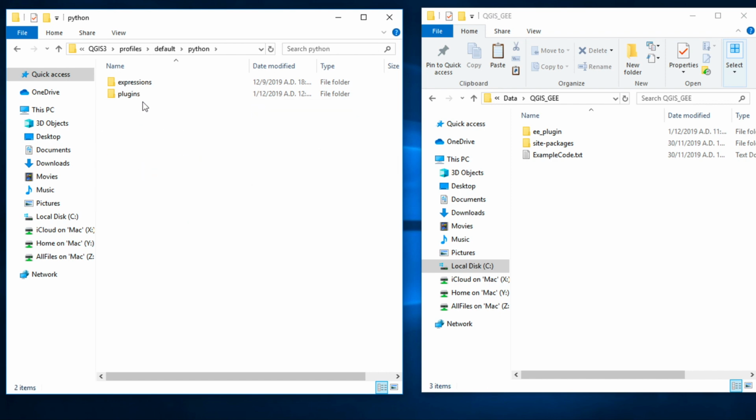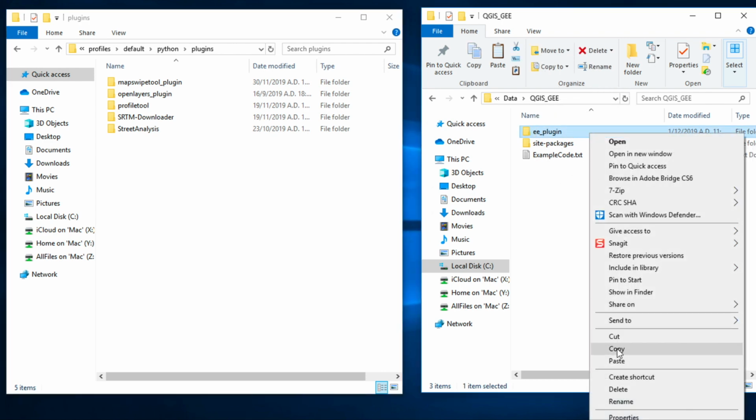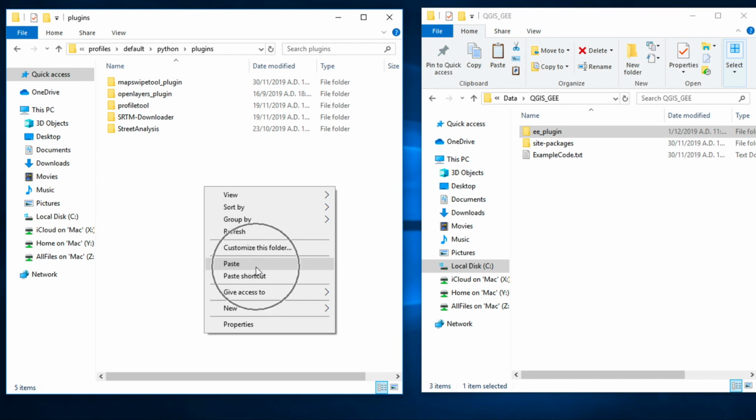If your computer doesn't have a plugins folder, just create a folder and give it the name plugins. Click on plugins. Copy the EE_plugin folder that I have already given you. Right click and paste into plugins folder.